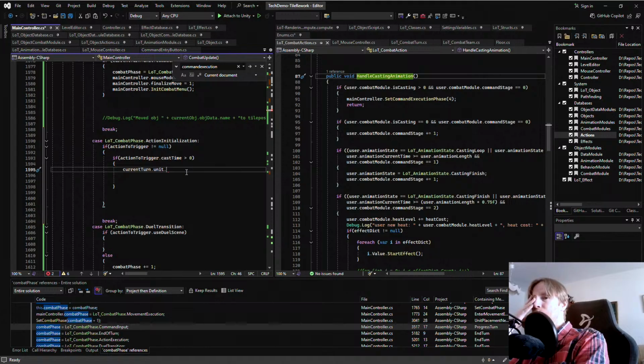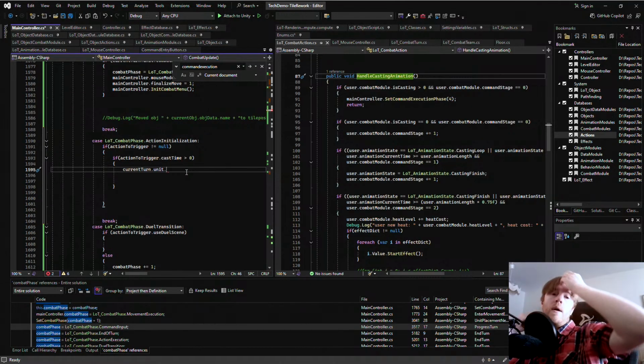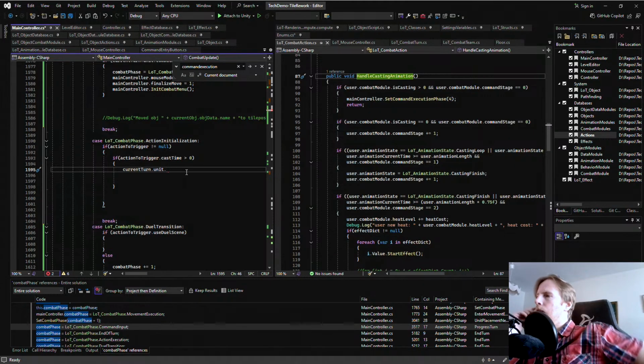So the action initialization would check whether it's a spell, and then it would set the character to be in cast animation or in cast state, and that would make the unit play its cast animation, and then it would transition to end turn, and it would end the turn, because that's what casting something does. But if it's not a spell, then it would check if it has a dual